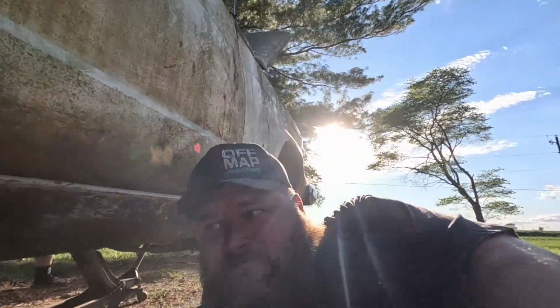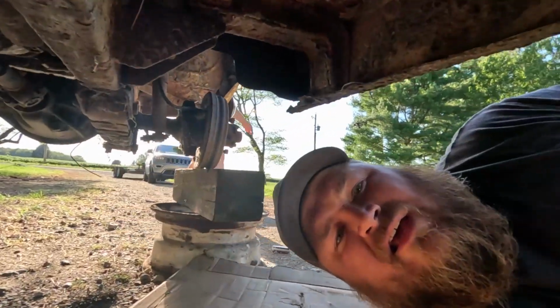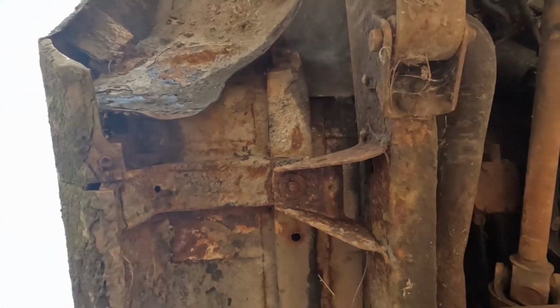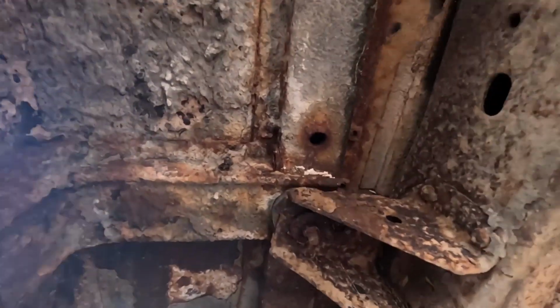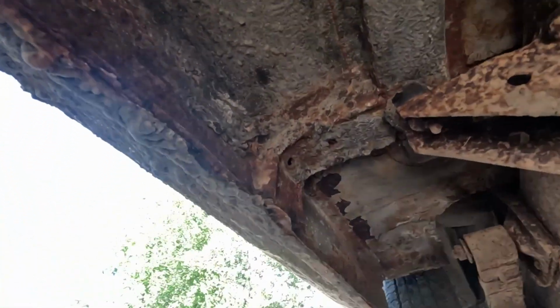When I got this Jeep, I seen how solid it was, and that's why I wanted it. So we are under the passenger front door. So that's the front floors right there. That's the front of the Jeep. Try to give you an orientation of where we're at here. But it's got some scale, you know, but